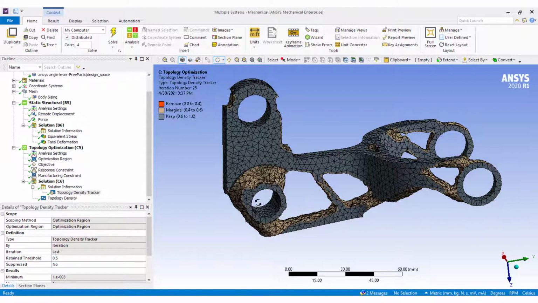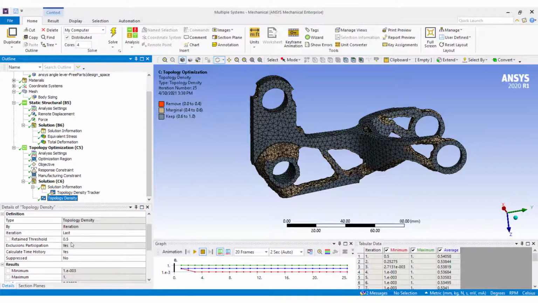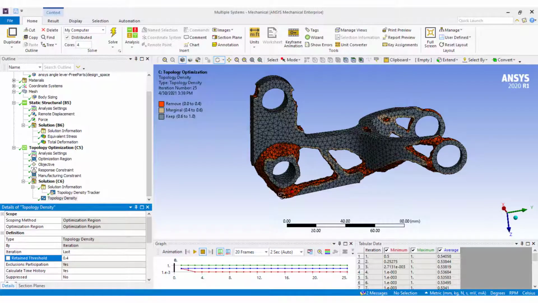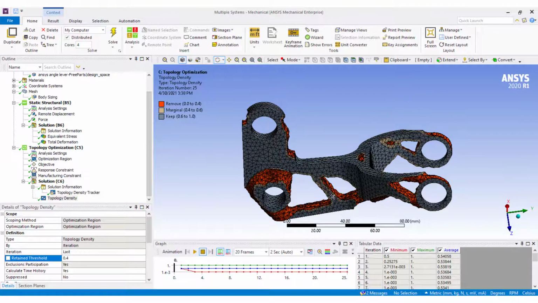If any member in the optimized body has very low thickness, you can increase the thickness from here and vice versa. Some faces of the geometry are very rugged.